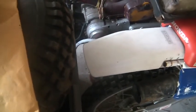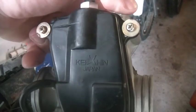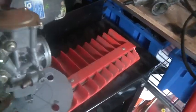In here, this was a nice deal. This was 29 bucks on eBay. Nice Keihin carb. I think that's how you say it. The nice thing about it is if you listen, you hear that sound? That means the float moves nice and easy. Instead of having the cable choke,